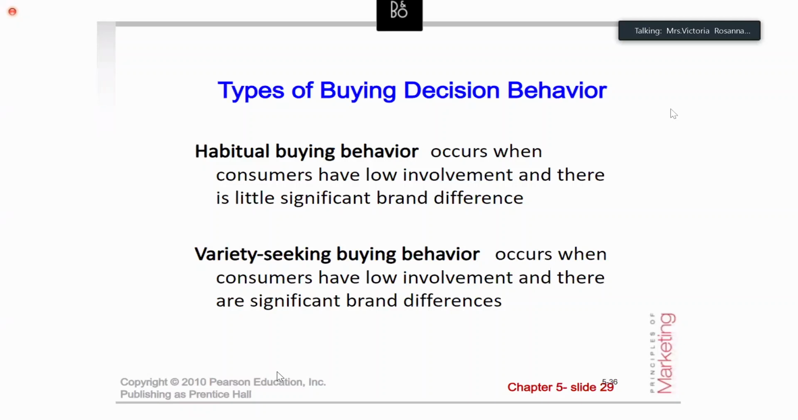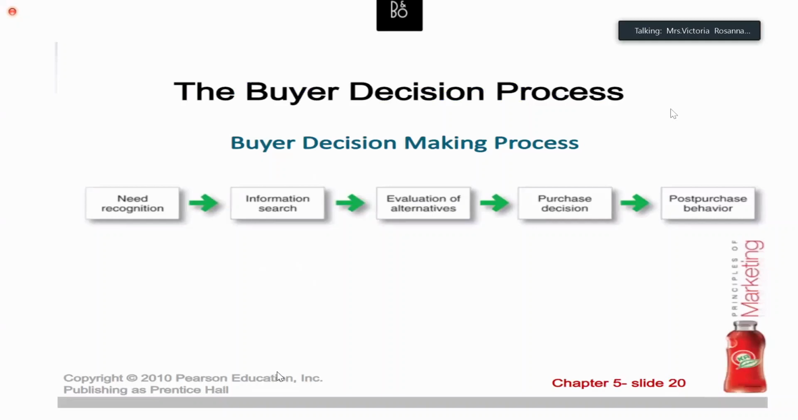So therefore, it will get into a repeated purchase without any knowledge or very much interest on that. Variety seeking, of course, lower involvement as well as significant differences that they are having. So up to now, what we have seen in the black box, the consumer's black box, it is about